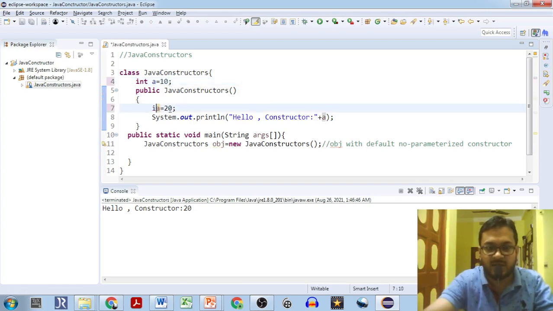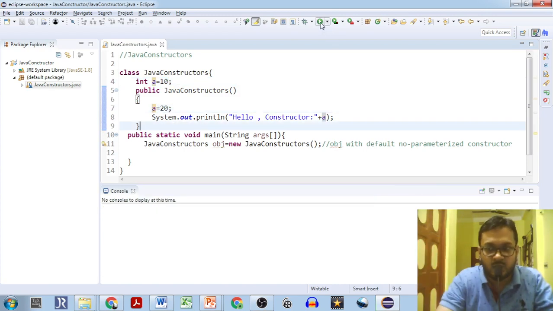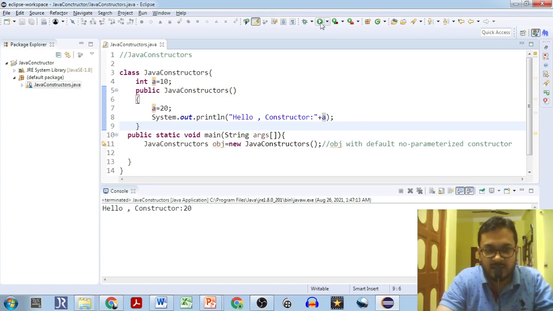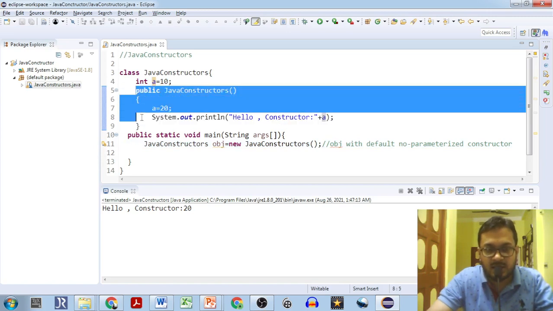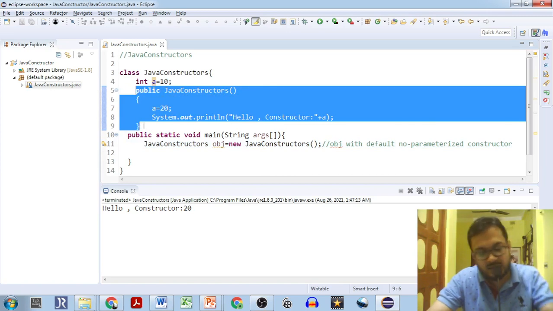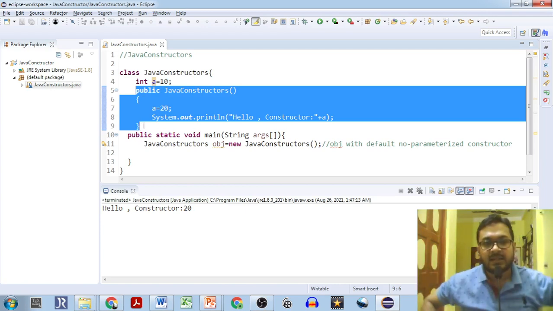I hope you understood how these Java constructors change their scope and how they are basically used for initializing the values of a particular class while execution. Now you see that I have not declared int here. I have removed int from here. Int is declared over here. Just the value is modified by the Java constructor. So while creating the object obj, when this line is executed, it will call this particular segment of the code, and this default, no-parameterized Java constructor will be called, and then it gets the particular value over here. What's the value? a equals 20.